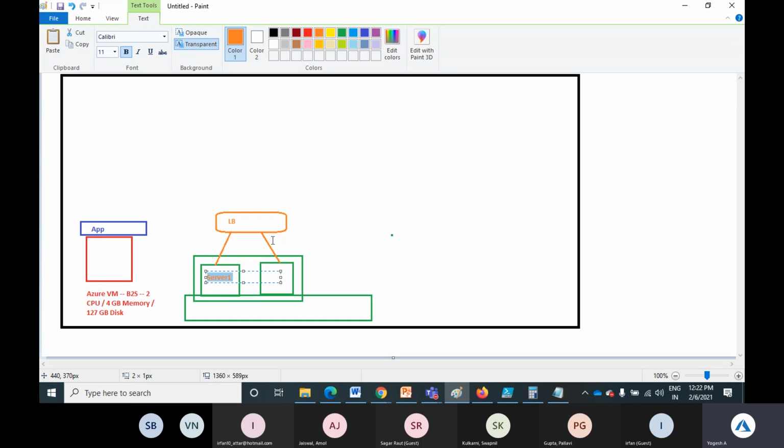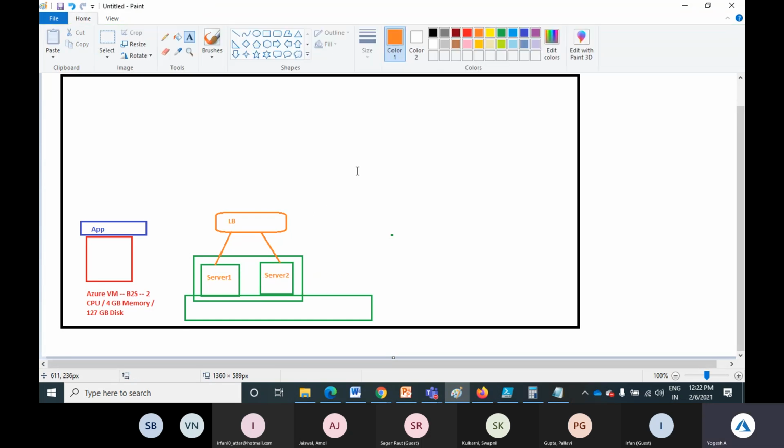Server 1, server 2. Okay, so if anything goes wrong with server 1, automatically all the traffic is getting redirected to server 2. If anything goes wrong with server 2, automatically traffic is getting redirected to server 1. So when you deploy multiple instances on the Azure platform,